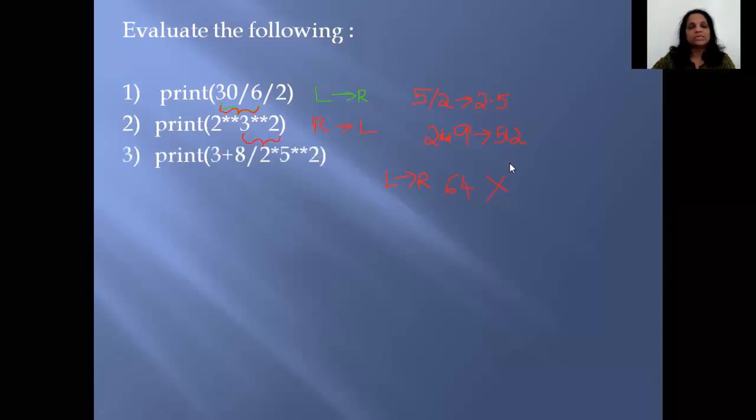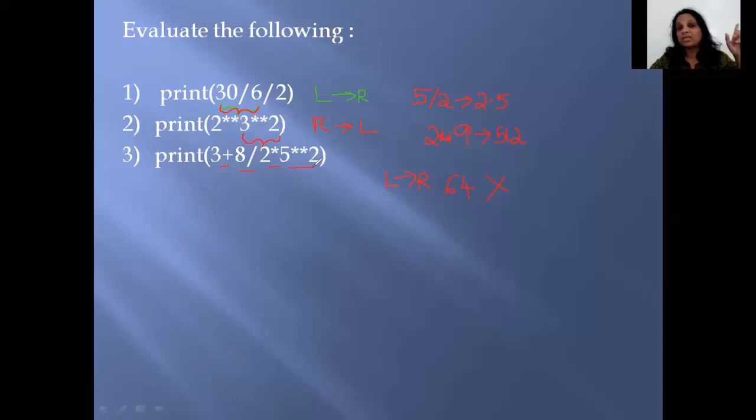The next question is, now in the first 2 questions, I only used the same operator. Now I come across so many operators. What are the operators that I see here? I can see the addition, the division, the multiplication, the exponent. Okay, so now which one will I do first? I have to keep that chart in mind which gives me priority. Is there anything in bracket here? No. What was the second priority given to? Second priority was given to the exponent operator.